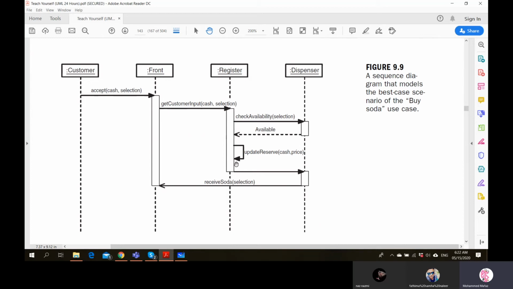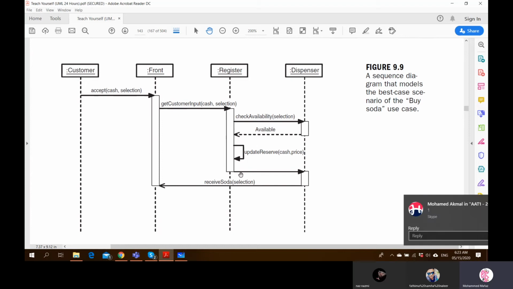Then again, you can see it is verifying, maybe as a part of update reserve, whether the correct amount is made, because the first part is basically just checking whether soda is available. But this part, as part of update reserve, is going to also check internally whether the money entered is sufficient for the